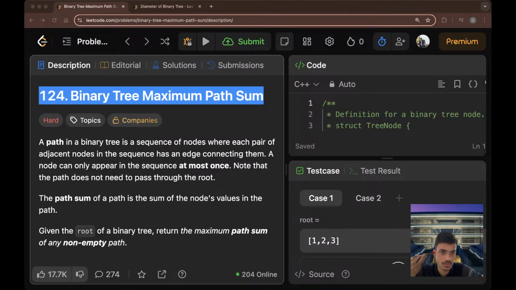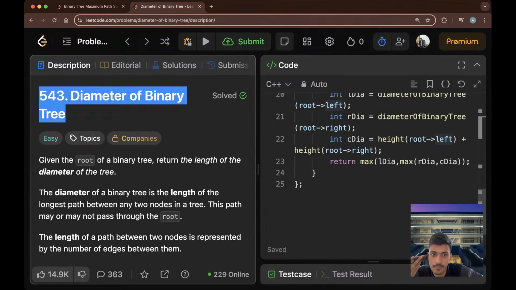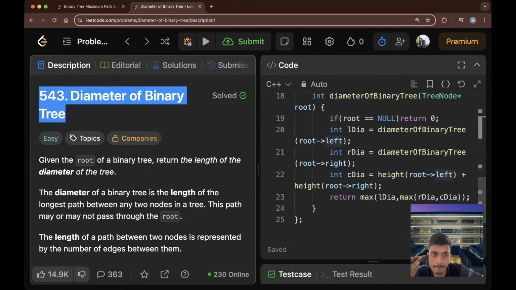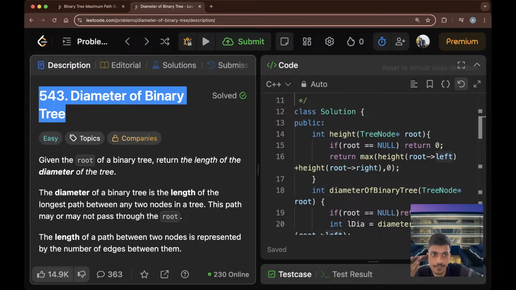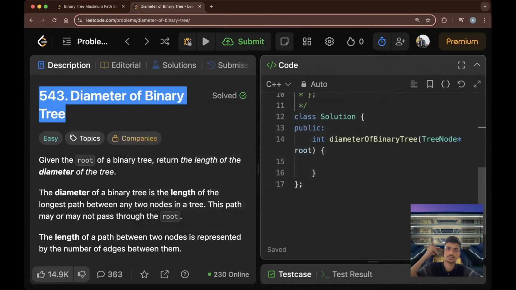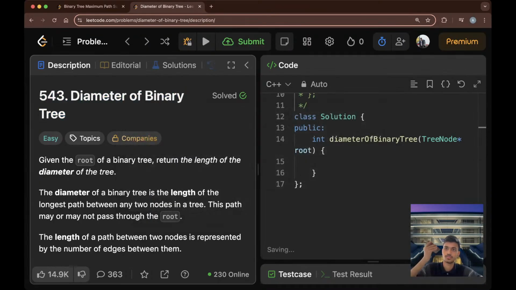Sound is coming or not? Let's see. Yeah, I think sound is coming. Let's see. Okay,